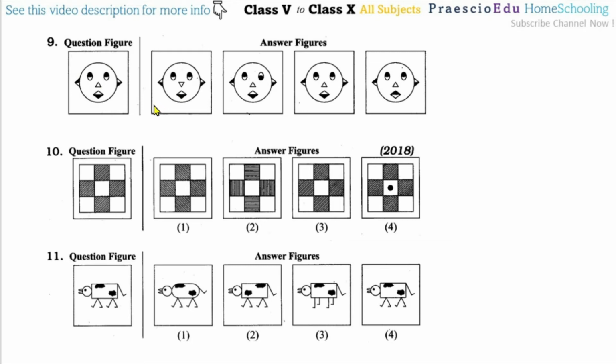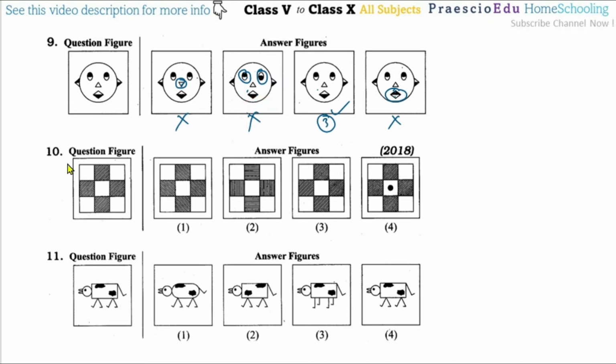Question number 9. So if you observe this very carefully, this nose is a different one as per the question, and here the mouth, this is a different one, the upper side is here solid, okay, and now these two options are wrong. Now here the ear is different, okay, here the ear is different, and then only the option number 3 is correct, this is incorrect.